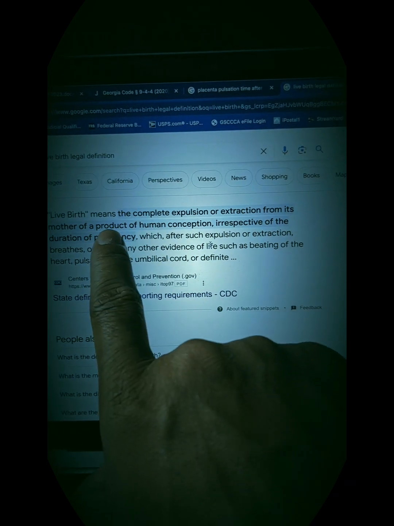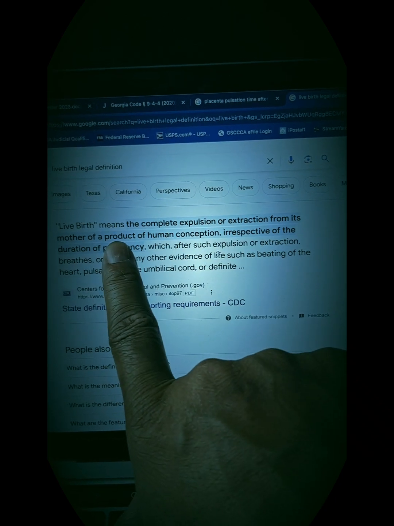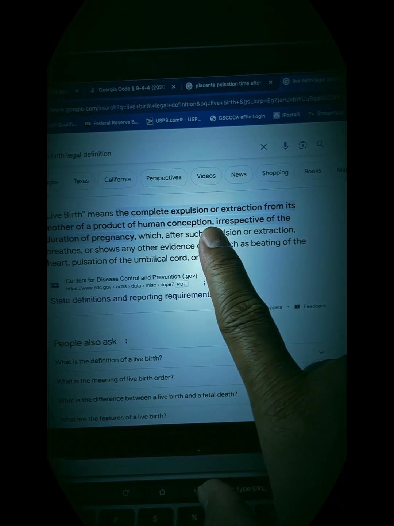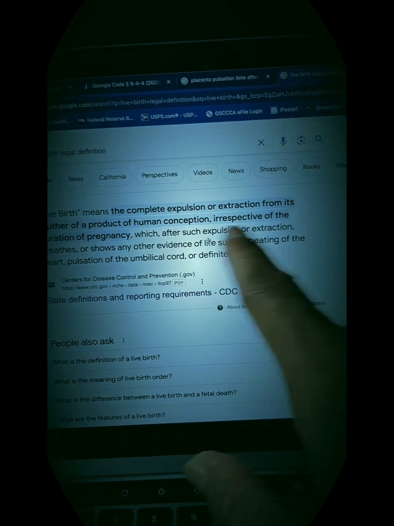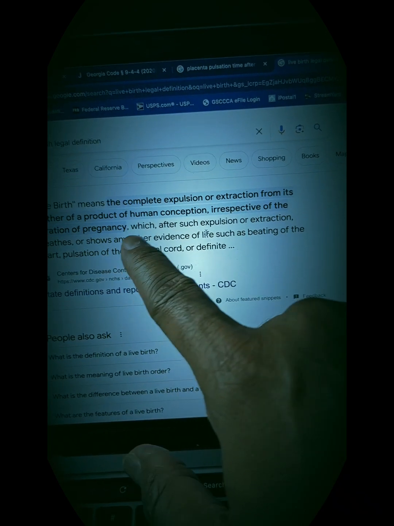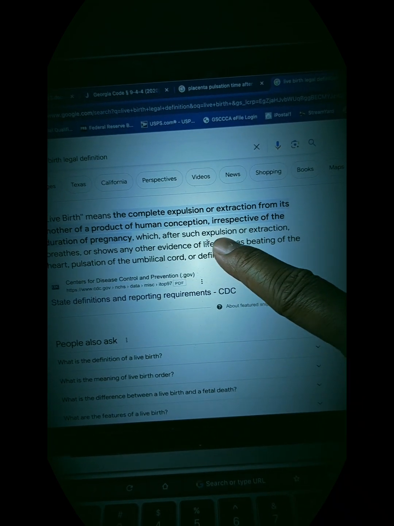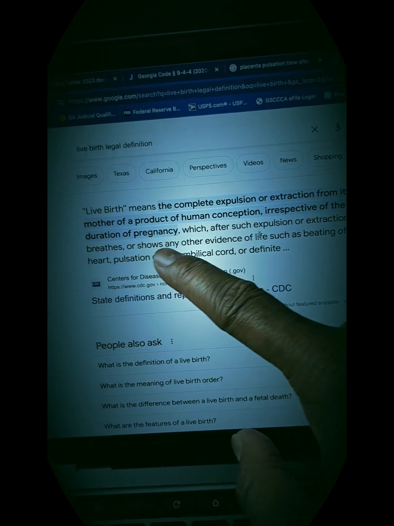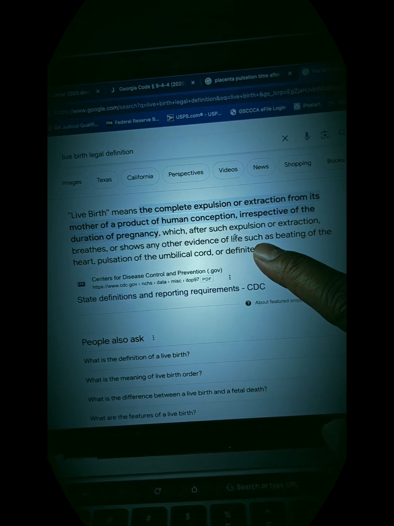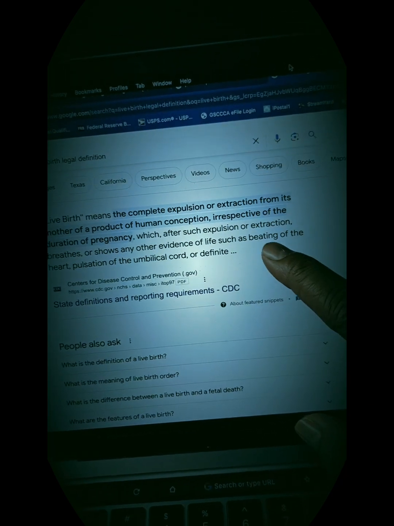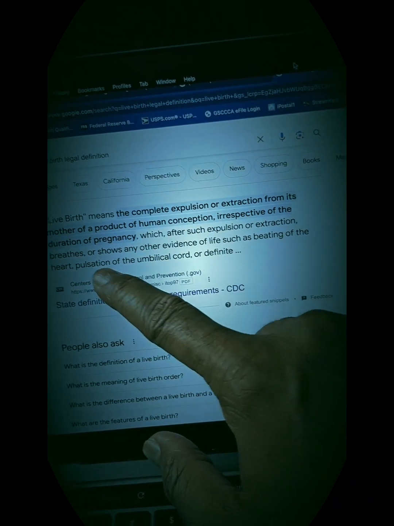First and foremost, they call you a product. It refers to you as a product of human conception, irrespective of the duration of pregnancy, which after the expulsion or extraction breathes or shows any other evidence of life, such as beating of the heart, pulsation.